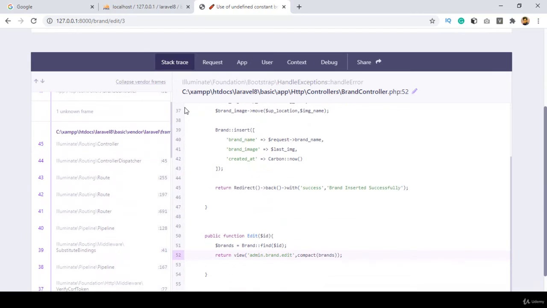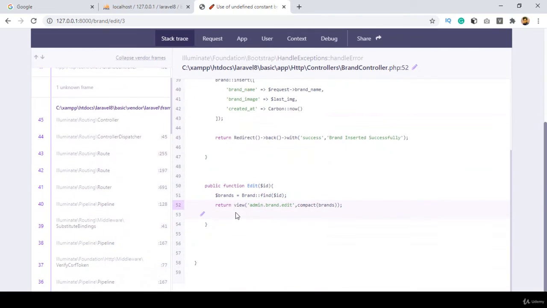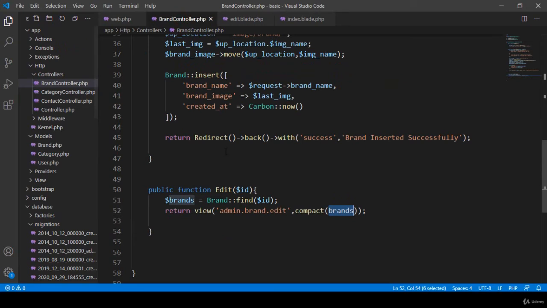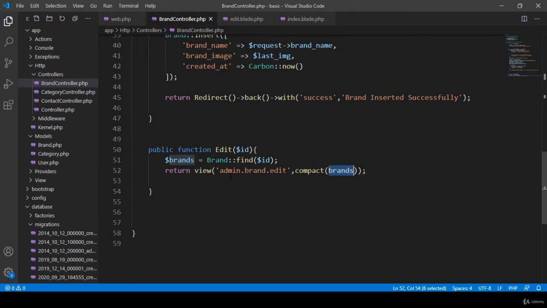Into the blade controller here, return view brand. You can see there is a brand and the brands. So here actually is getting some of the error. What exactly the things I did wrong? There is a brands, and then with the brand model,